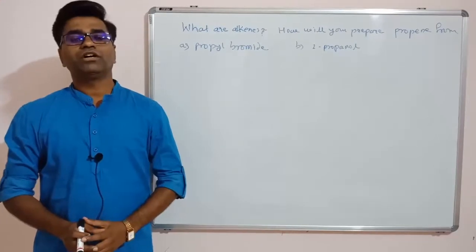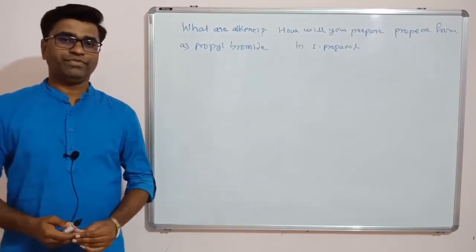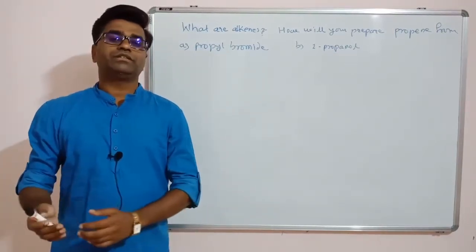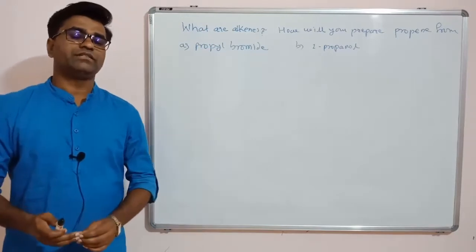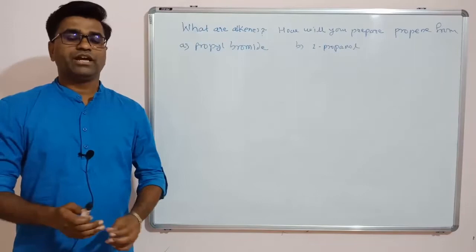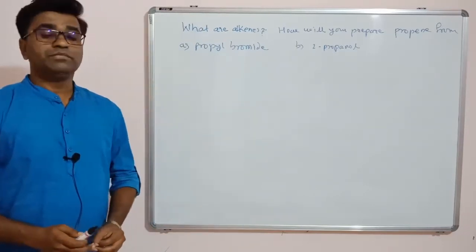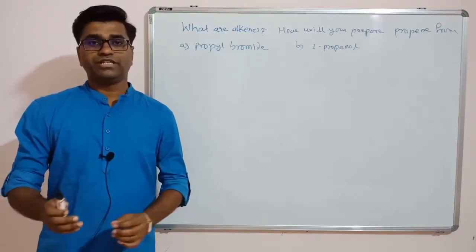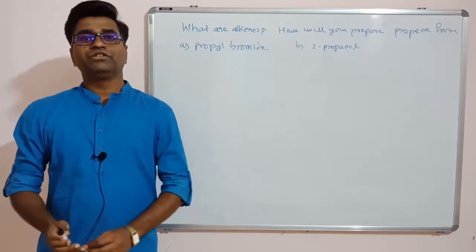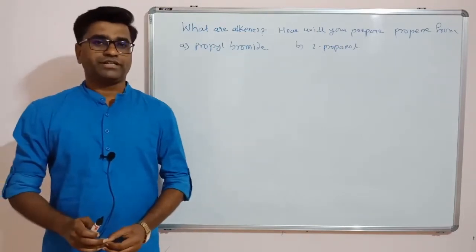Hello friends, in our ongoing chapter, that is hydrocarbons, we have completed alkanes, then we started alkenes, and we have seen the introduction to the alkenes, their general molecular formula, their classification, nomenclature and their preparative methods. In this video we will learn some reactions which are given below to the chapter, and in assignment we will try to solve those reactions. So you will have practice for solving the reactions.